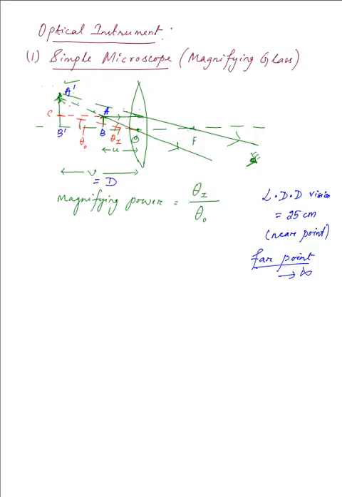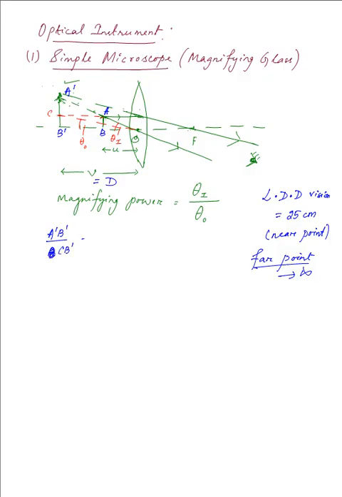We know the drill, we have been considering the similarity between two triangles. In this case we'll be considering the triangle CB dash O. So A prime B prime over CB prime